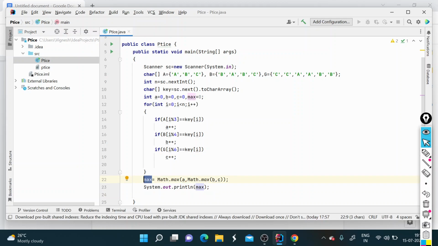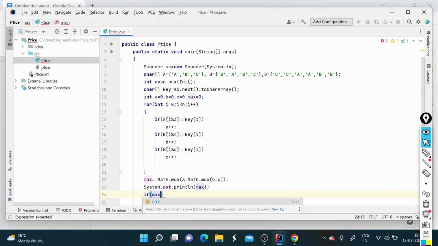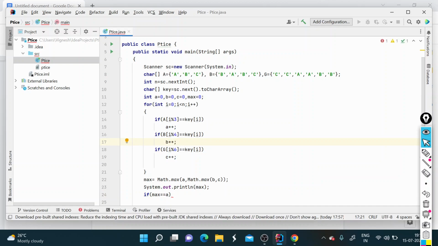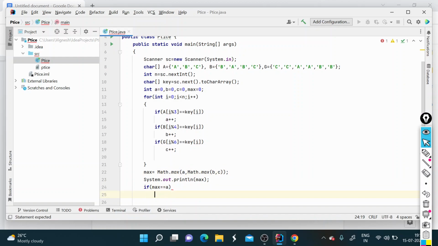Is this maximum of A, that is Adrian? Is this maximum of Bruno? Whose marks are maximum? Based on that, we need to print our names. So let's take something like that. If the maximum which we got is equal to A. Suppose from this maximum of A, B, C, we got A as the value and it is stored in max. So if this A value is equal to max, then